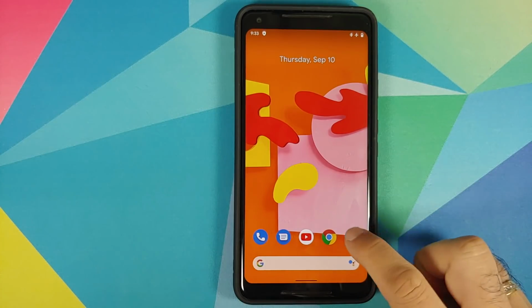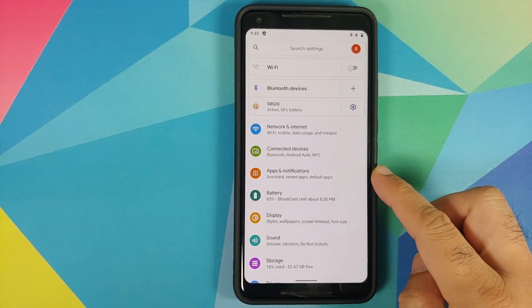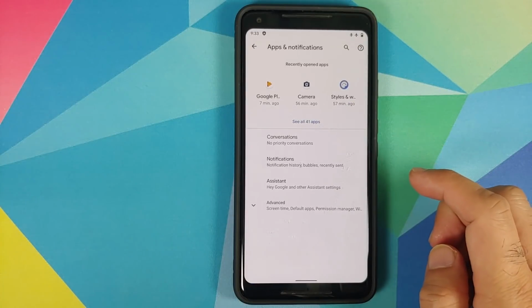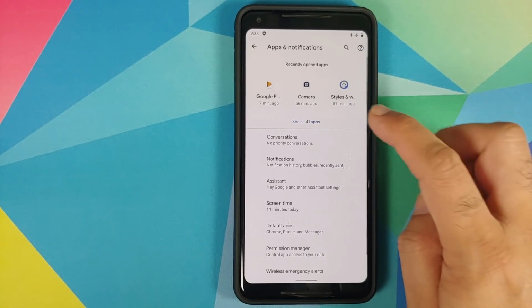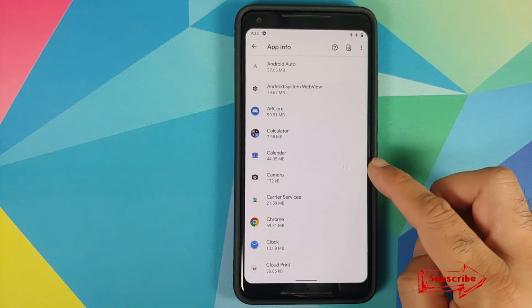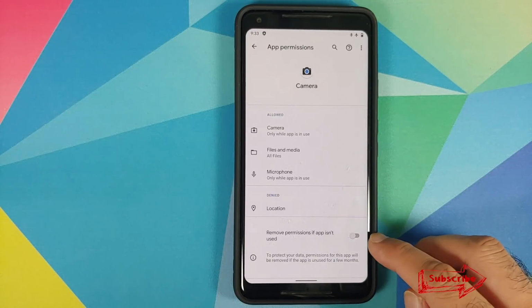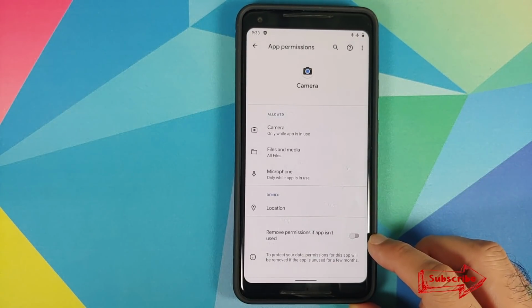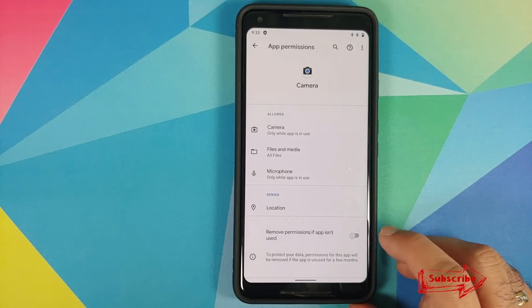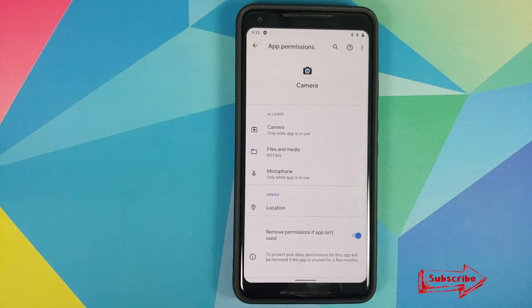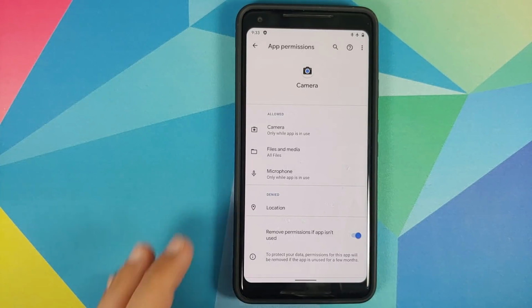Next up, we can head into settings and see the different features which we get over here. So we'll go into apps and notifications, and let us tap on see all apps, and then we can go into say the camera application, go into permissions, and yes, you have a new toggle which says remove permissions if app isn't used. So this is going to remove the permissions from this application if it is not used for a specific amount of time. Now, what is that specific amount of time? That is something which Google hasn't let us know yet. However, if they do, I will make sure to add it in the pinned